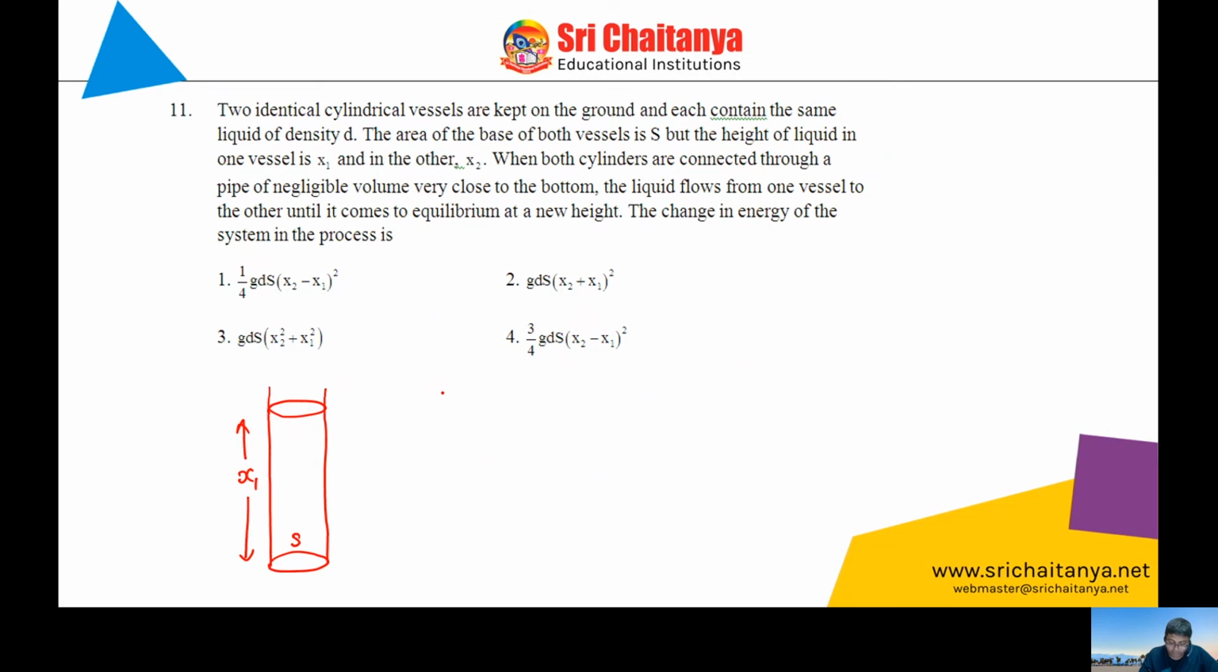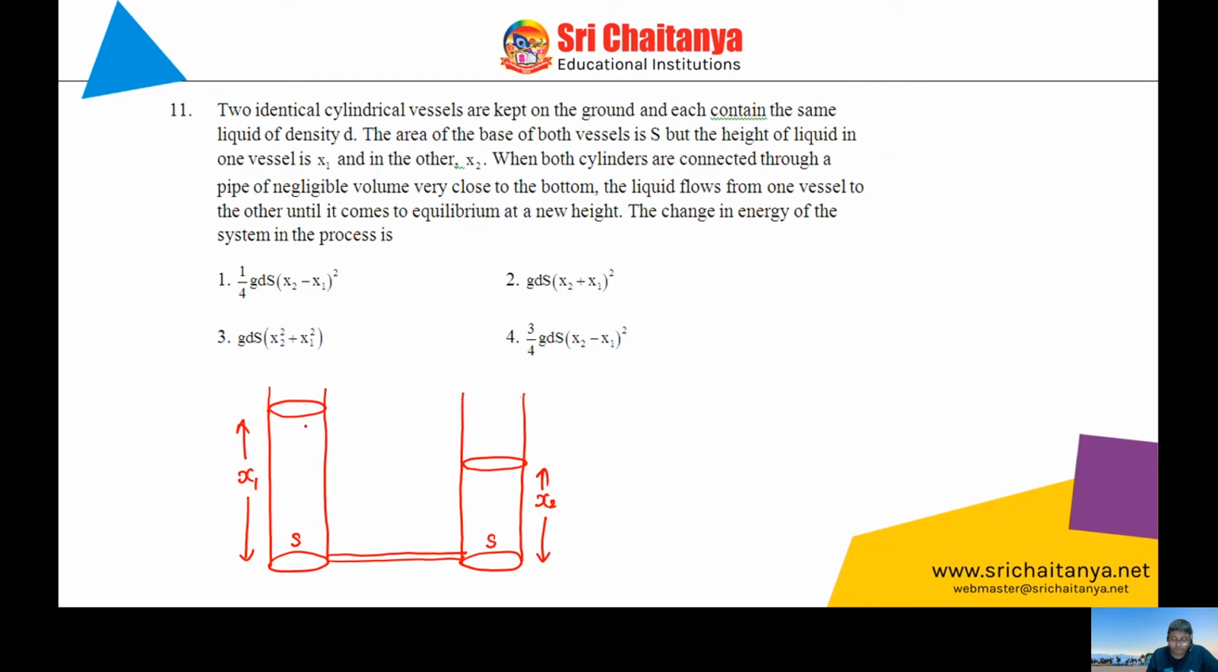And we have another cylinder which has the same cross-sectional area. Let's say that is also S, but the only difference is the liquid is filled only to a height of x2 in this cylinder. Afterwards, near the bottom they have been connected with a very thin pipe. So what will happen here is